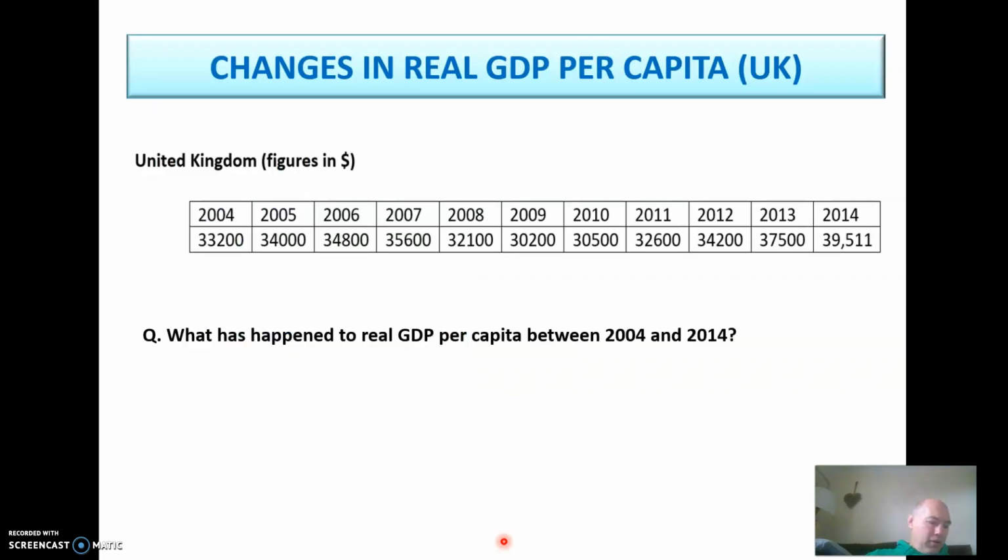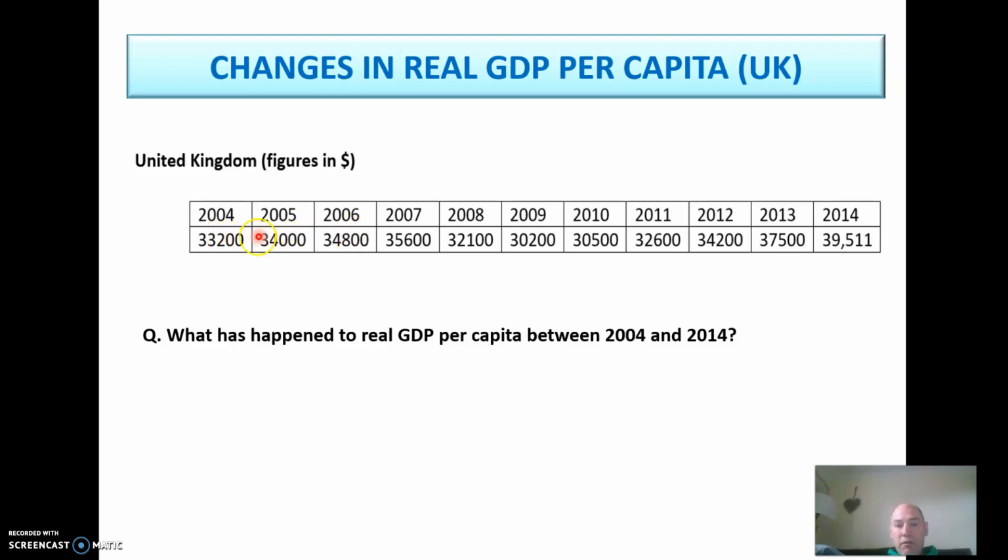Top of page 12. In terms of changes in real GDP, real GDP means accounting for inflation. And remember, GDP is gross domestic product, the value of goods and services produced per capita or per head. So we're looking for working out changes in the real value of goods and services produced per head when accounting for inflation. You have data here for different years, 2004 to 2014, and you've got GDP per capita adjusted for inflation